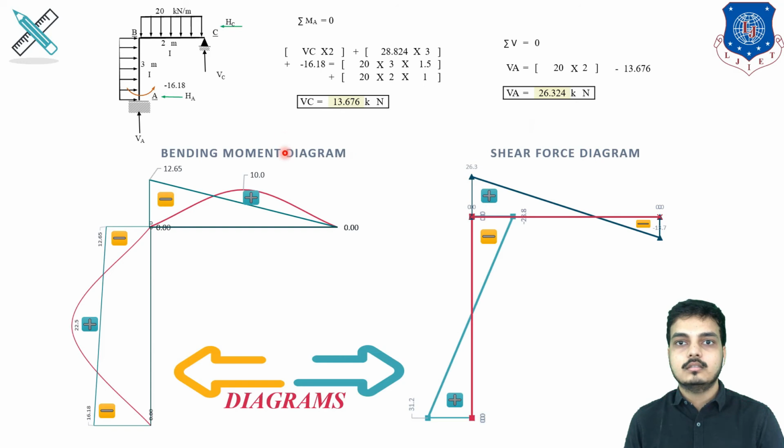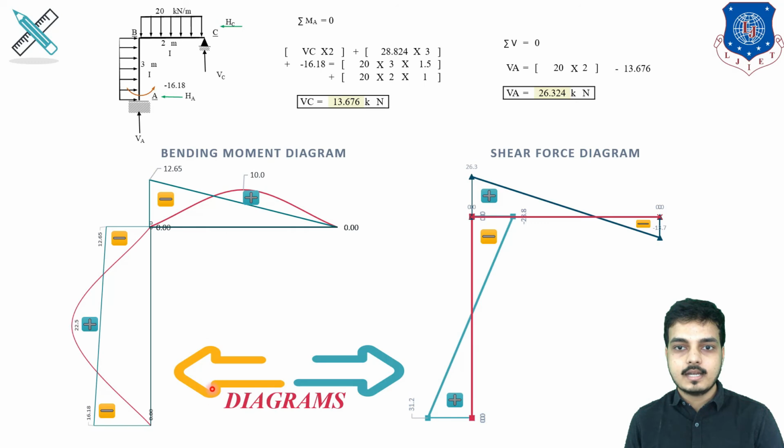Now here, this is the bending moment diagram. You can see that this is going upward. This is all my FEM moments, fixed end moments. This is curved because of UDL. This minus 16.67, negative, is upward. Then MBA plus MBC is 12.65. For MBA it is positive, so on the right-hand side we have to take it up.